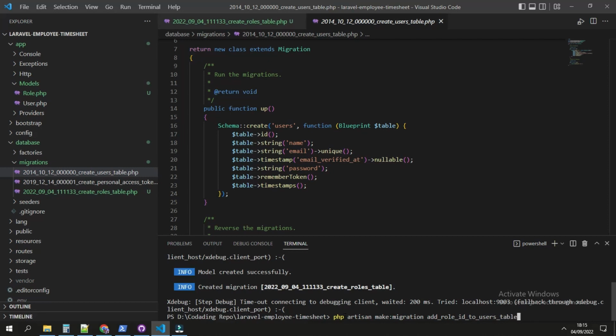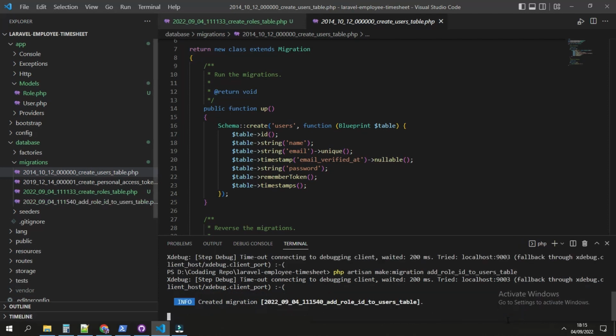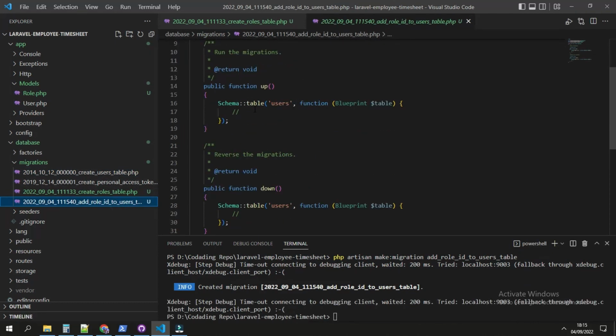This naming convention helps Laravel detect that we want to add something to the users table. So when we press enter and see the migration script, it already knows that we will edit or update the users table.